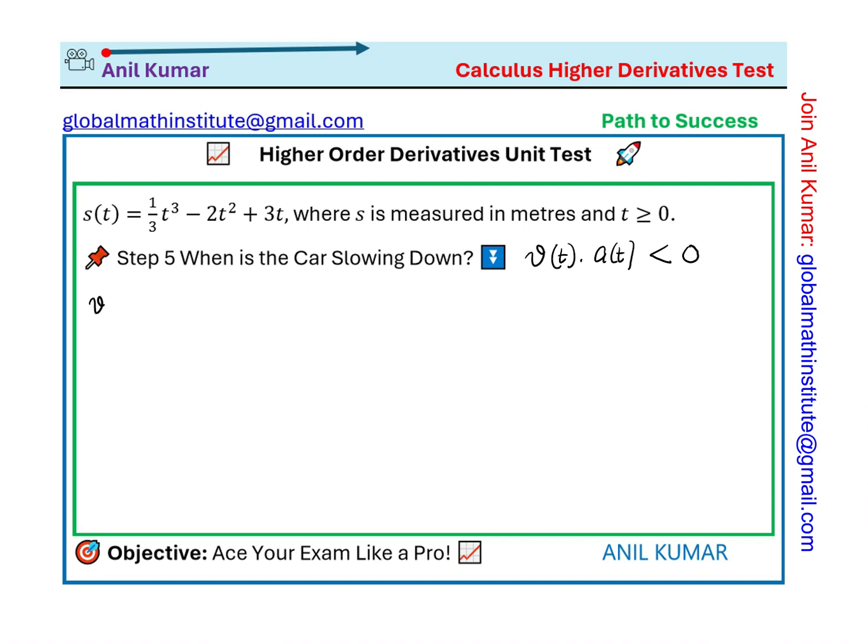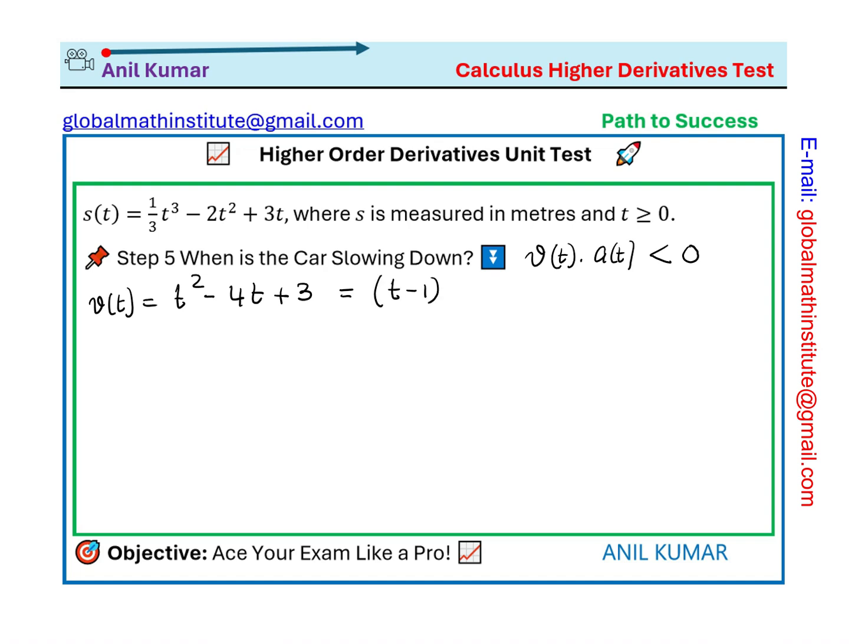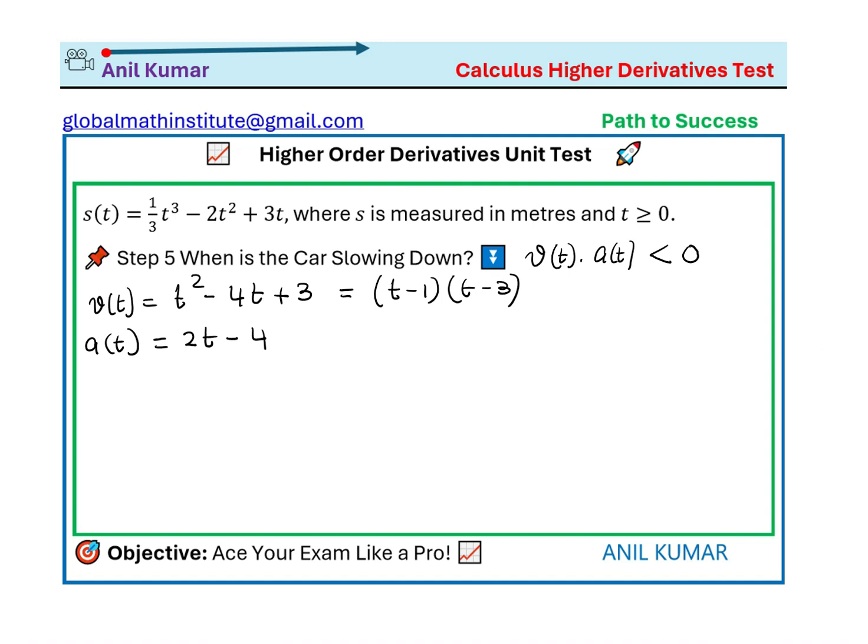So let's find the velocity. Well, velocity we did find earlier. When you do the derivative, you get t squared minus 4t plus 3, which can be written as (t minus 1) times (t minus 3). Now let's find acceleration, which is the derivative of velocity. So we get 2t minus 4. Correct? So that is the acceleration. Now to analyze this, what we can do is